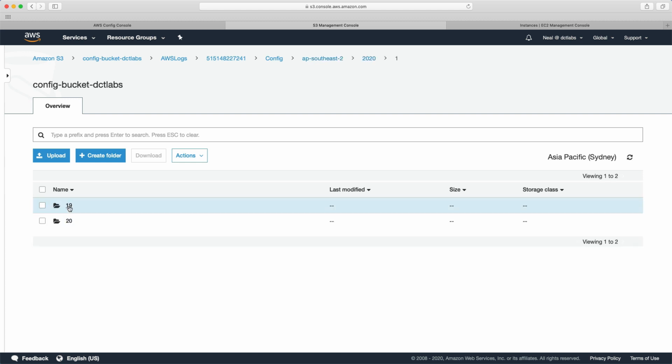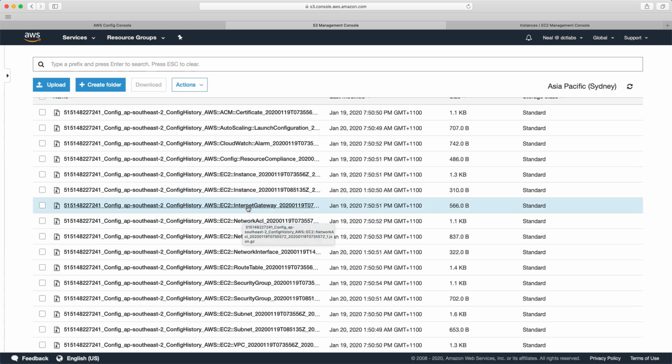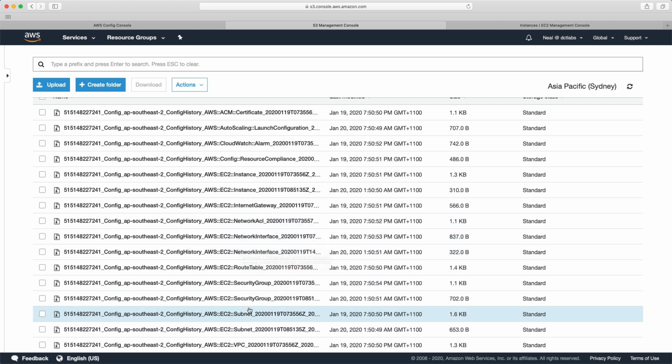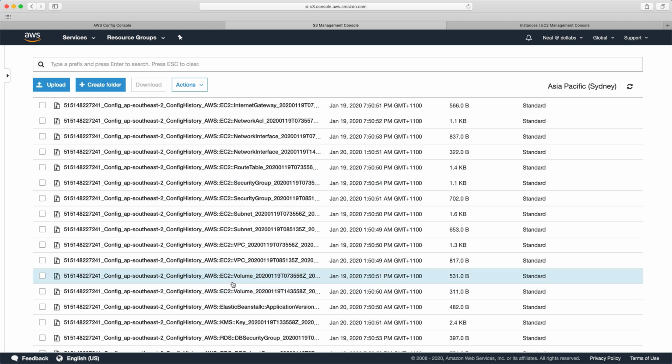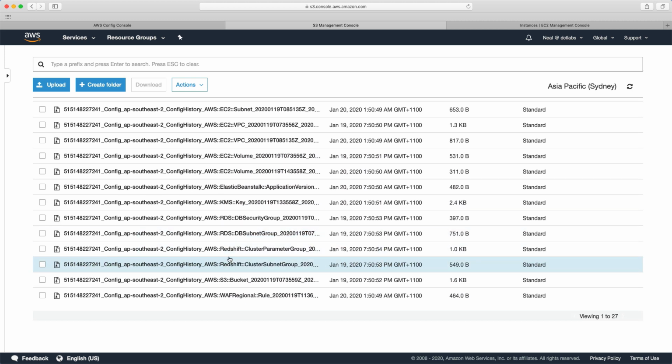So if I go in, and it's got a whole directory structure based on dates, I suppose, and then we go into here and we can find that we've got lots and lots of configuration items. So as you can see, we've got configuration items for internet gateways, network ACLs, network interfaces, subnets, security groups, volumes, elastic beanstalk, RDS, and so on. So it's found lots of resources in my account, and then it's pulled some configuration information about those resources